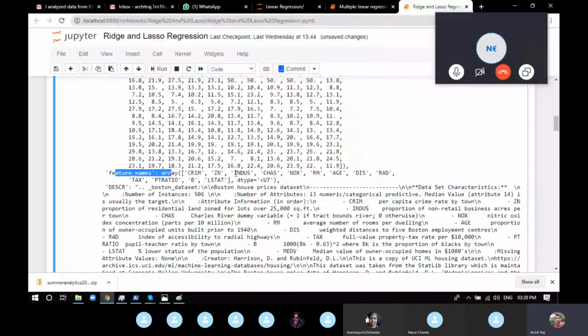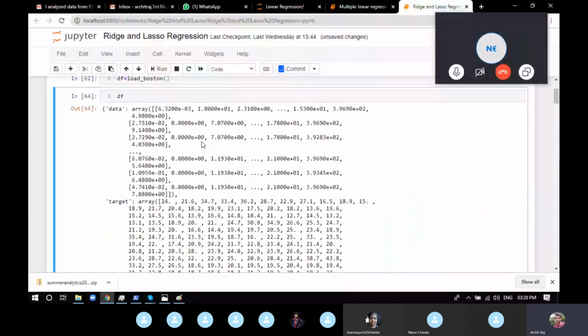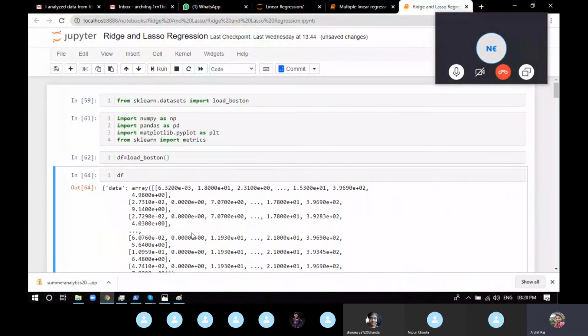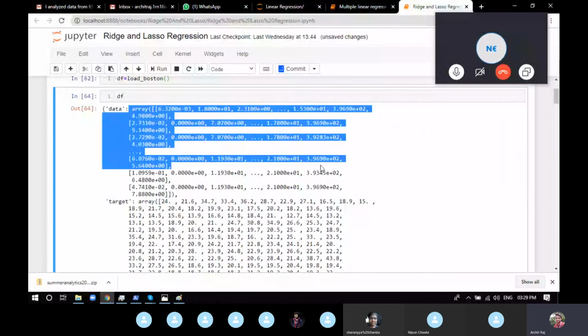So now using all these things, you have to make a data frame because you're gonna work on the data frame directly. You cannot directly use this thing. You can use this thing, but it's a bit complicated as compared to any data set. So what we do is we take this data and we convert it into a data set. Now we know this is the data that we want, this is the target that we want, and this is the feature that we want.